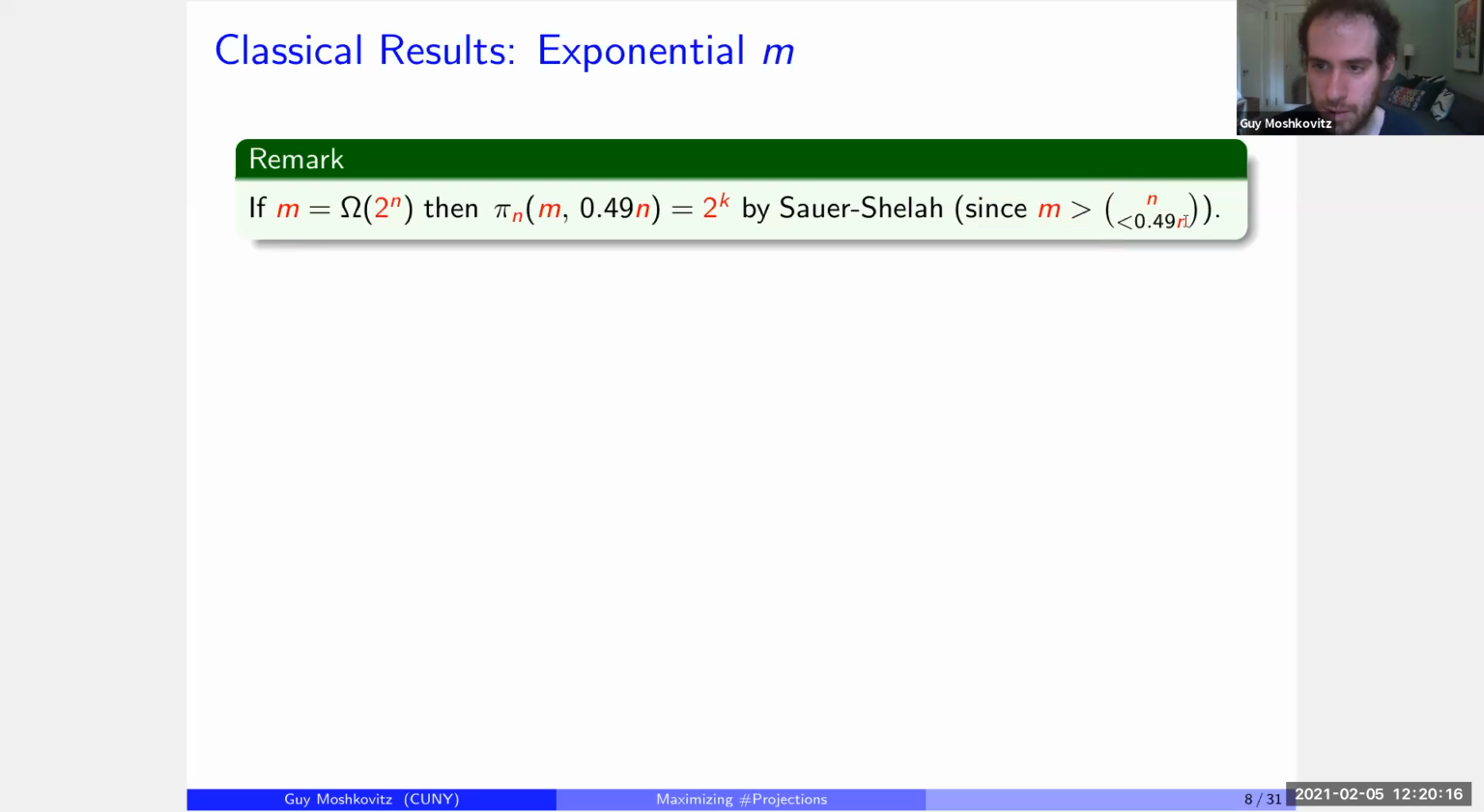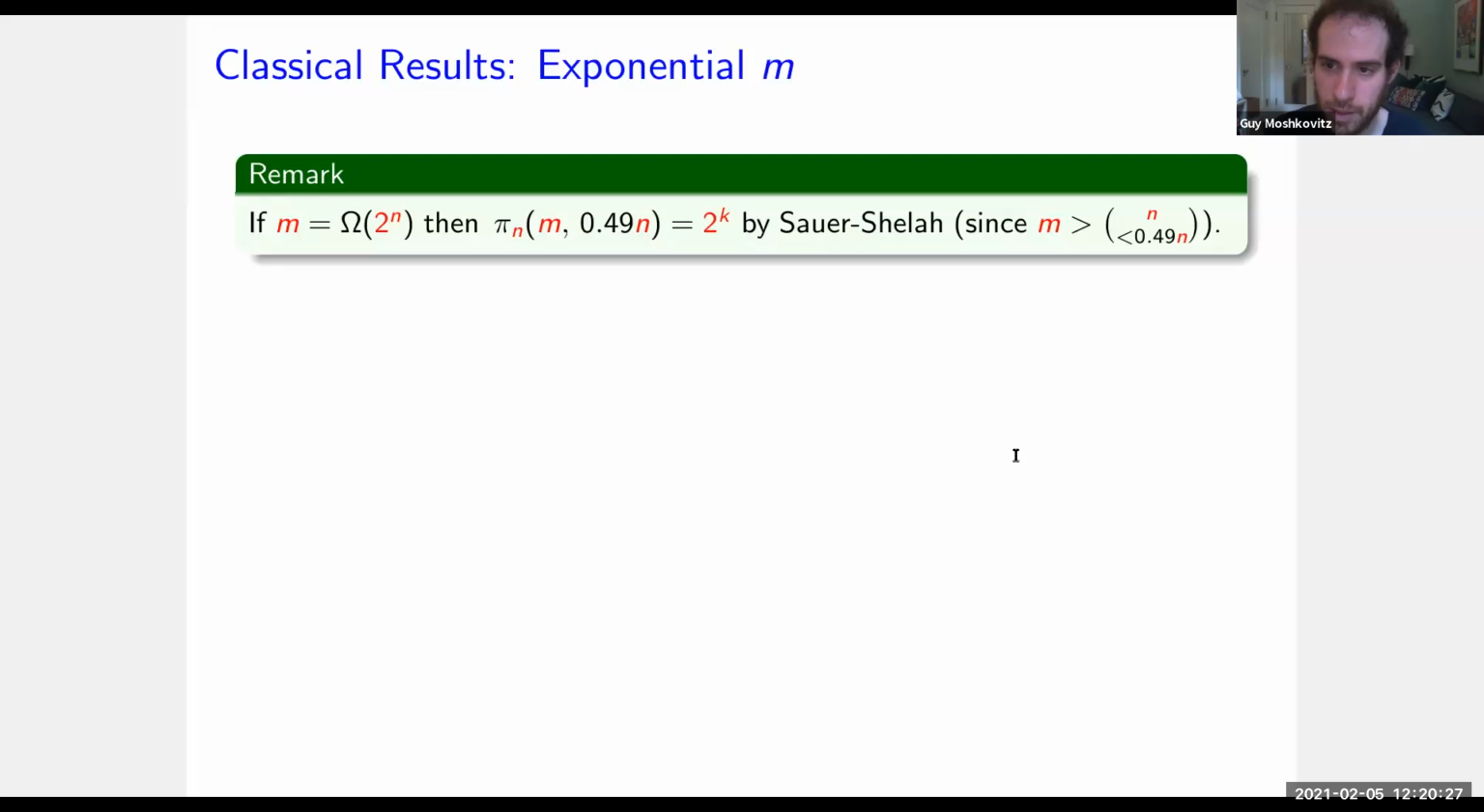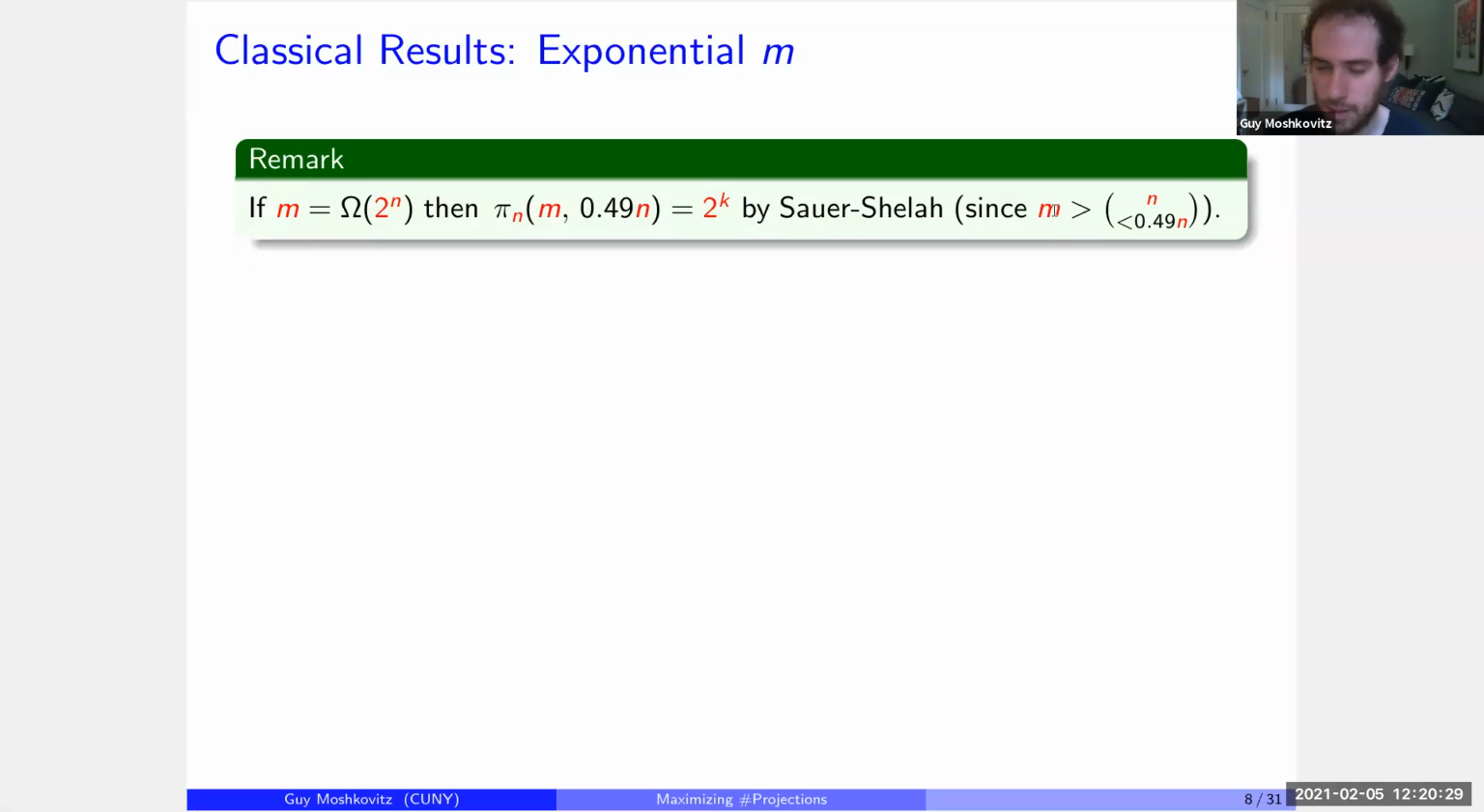Because then the first, say, 0.49n binomial coefficients, this is still a sub-exponential number, so the number of sets is larger than that. And then Sauer-Shelah guarantees 49% of the coordinates that give you full projection. Okay, so really the only interesting question here is what happens if you project on more than half of the